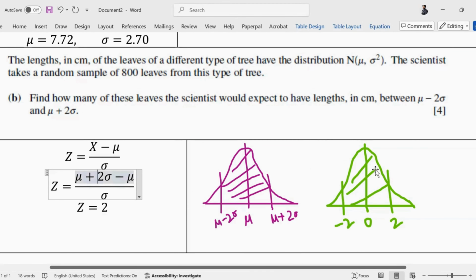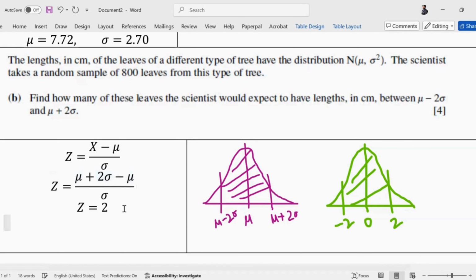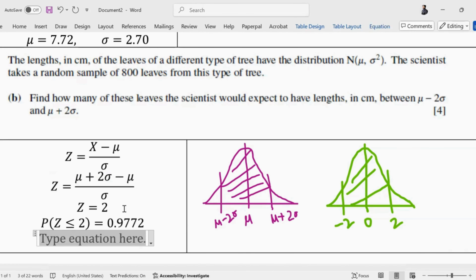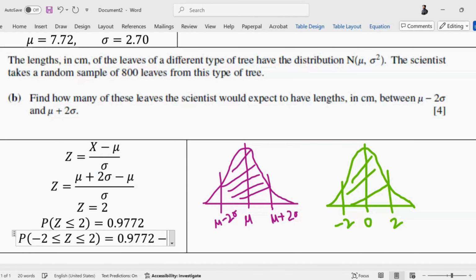So 2 के पूरे पीछे की probability 0.9772. But I need to find the probability between this. 1 से minus करूंगा मुझे इस tail की value पता चलेगी. Okay, so let's see this. Probability of z is less than equal to 2 is 0.9772. You will subtract it from 1 and whatever the answer you get, you will subtract that answer from this value. और से देख लो. So if you're trying to find the probability of this between